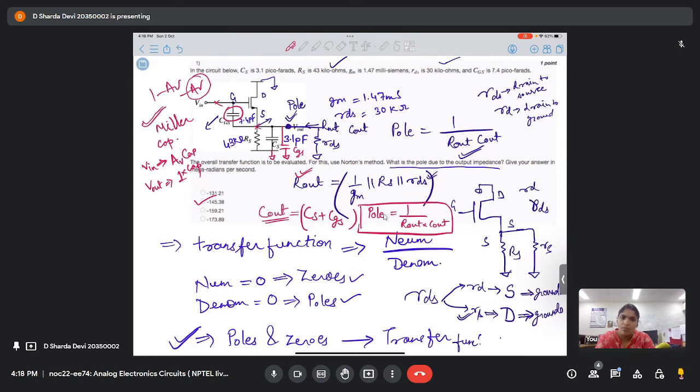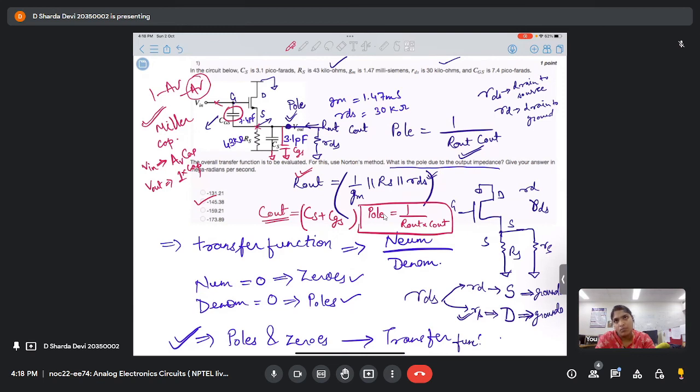In Laplace transform, the first order is converted into a Taylor series, and the first-order constant will be the Elmore delay. In this way, here also, if you convert into a transfer function,